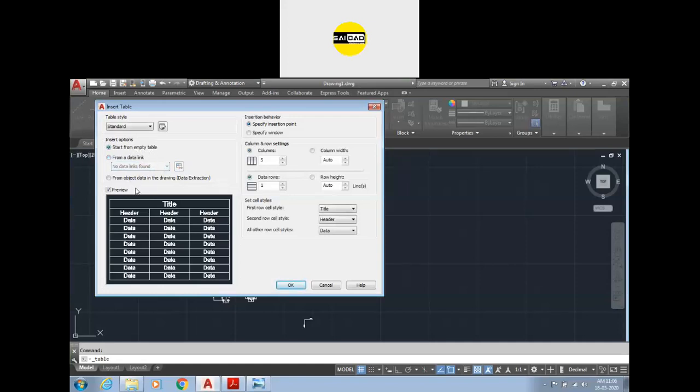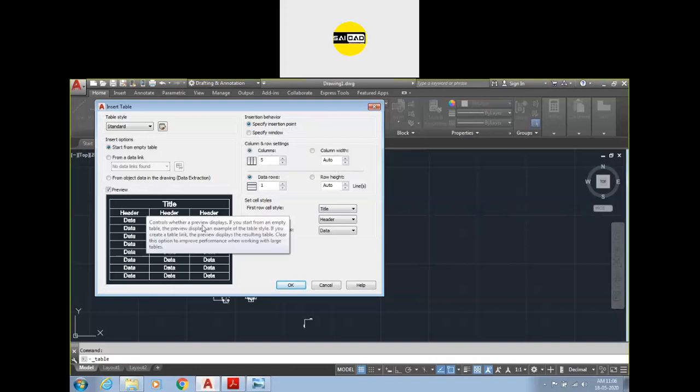Now we are going to use the preview from here, and we have the option insertion behavior. How do you want to insert the table in your drawing? The first option will be specify insertion point. It means we have to specify everything here. We have to specify how many rows and columns you need and what size of the rows and columns you want.